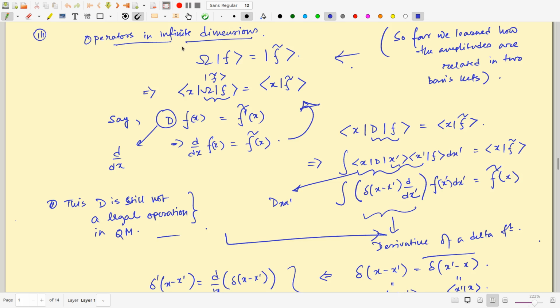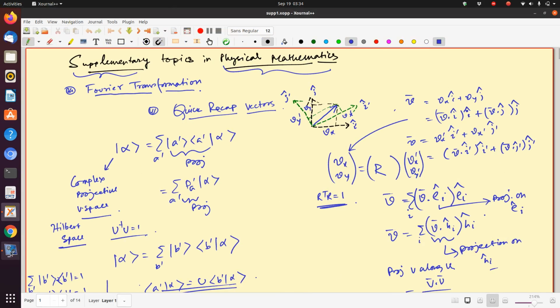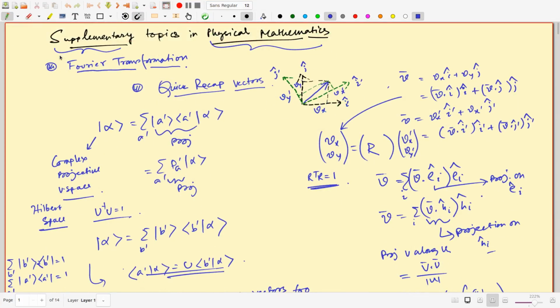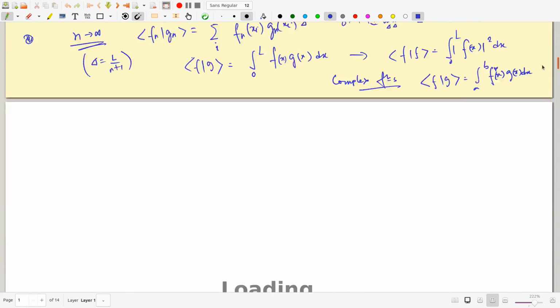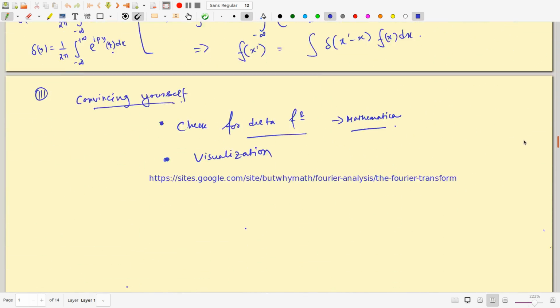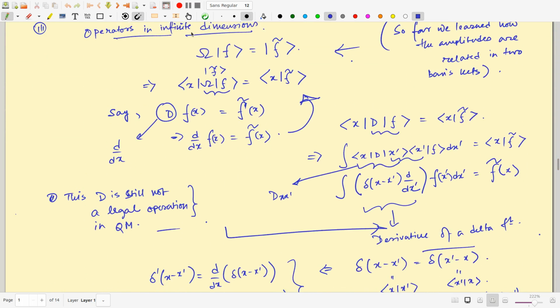To do that, let us first quickly recall what the job of an operator is. The job of an operator is to take a particular state and take it into another state. You start from a state and the operator will take you to another state. So how do I see this in this particular context? Let us take an operator which does that: the differential operator, which takes the derivative of a function, and this gives me another function.